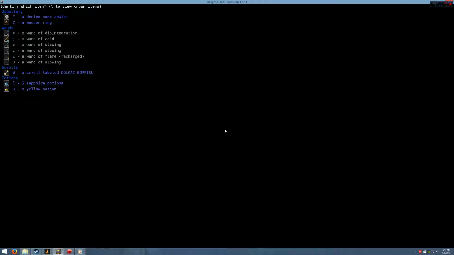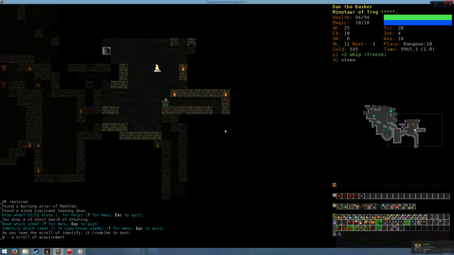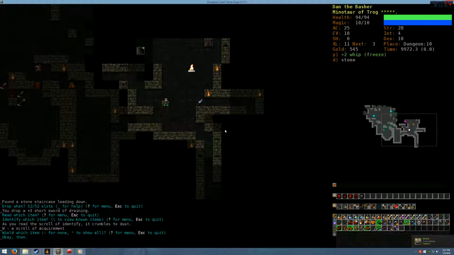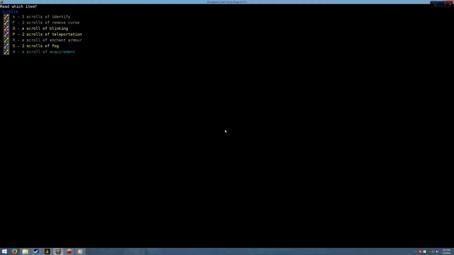I do. I'm going to identify this scroll. Oh, wow. Scroll of Acquirement. This thing is really good. We're going to read it right now, and we're going to ask for a badass weapon. See how it's in blue? That's very good. So this thing is